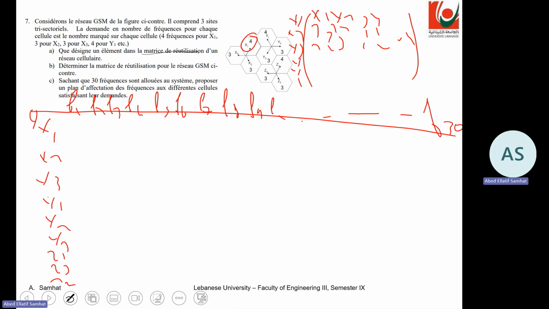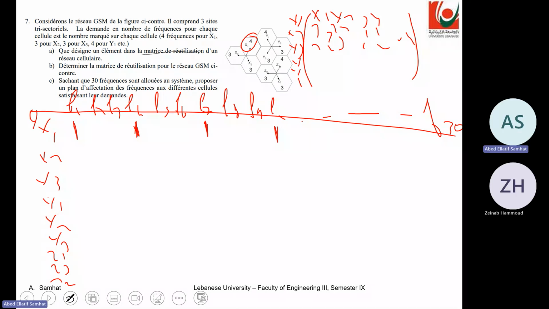So this means that we will not use the same frequency in the other cells because it's a cluster. So here typically I will use F1, F4, F7, and let's say F10. Okay, so I respected that. So now for x2,